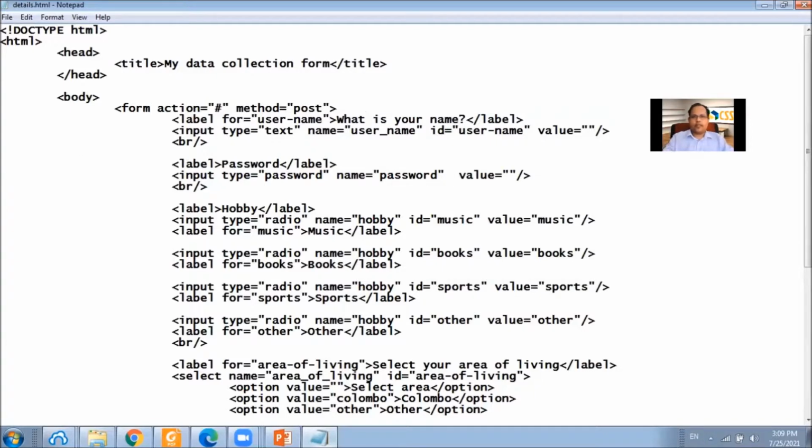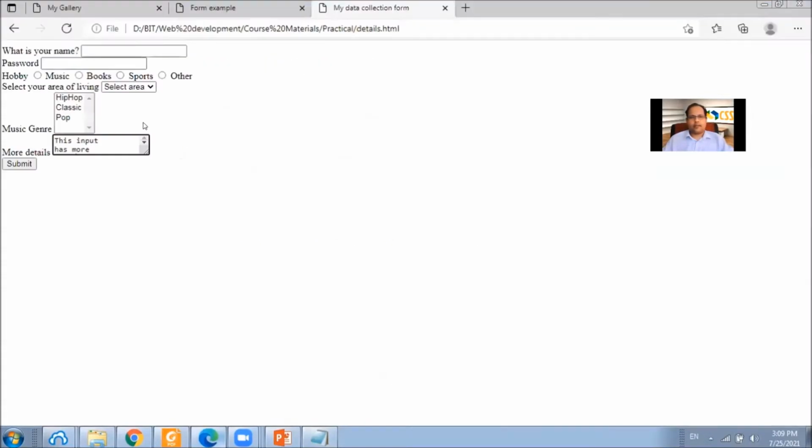Here also we can give an ID, password, and here we specify this label corresponds to the password text input. Right.